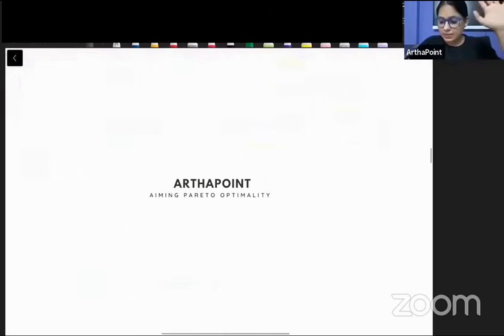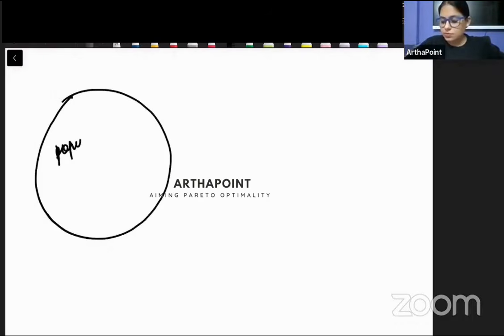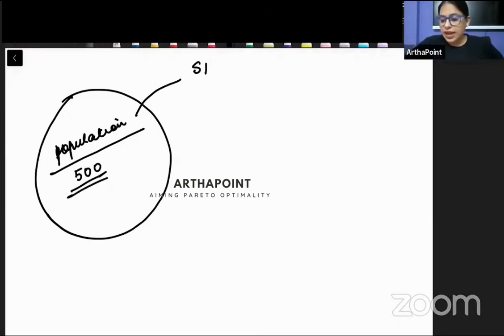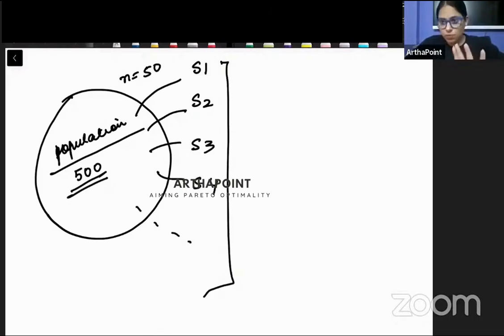तो ध्यान से वापस एक बारी देखो. The central limit theorem is of utmost importance and it is one of the most important things that we have to understand in statistics. So try to understand this thing. We are saying I have a population. From this population, I want to create a sample. There can be many samples that can be created. So from this population, I can take sample 1. So suppose, for example, I have a population of 500 and I need to take a sample of 50. So I can take this in many ways. I can create sample 2, I can create sample 3, I can create sample 4 and so on and so forth. Each of them has 50 observations.